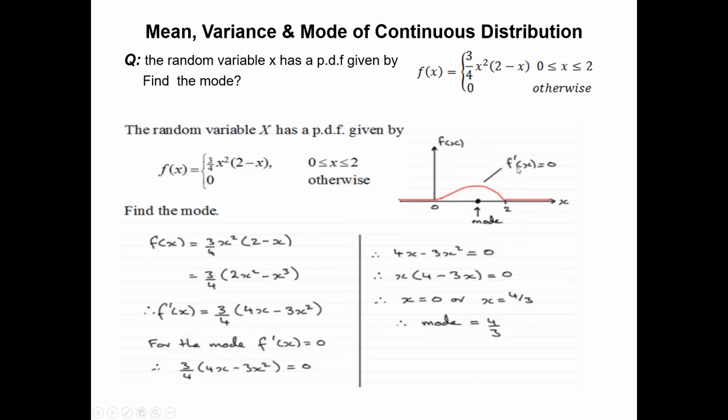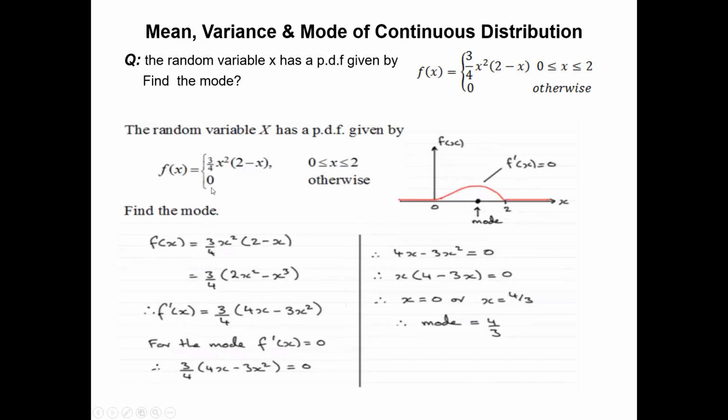So now in order to calculate the mode, you need to take the first differentiation and put it equal to 0. You see this is the mode, because at this point you will get the peak. So which is the point? We want to calculate this point, because when you reach this point, the peak of the curve will be at the top. This will be the mode.